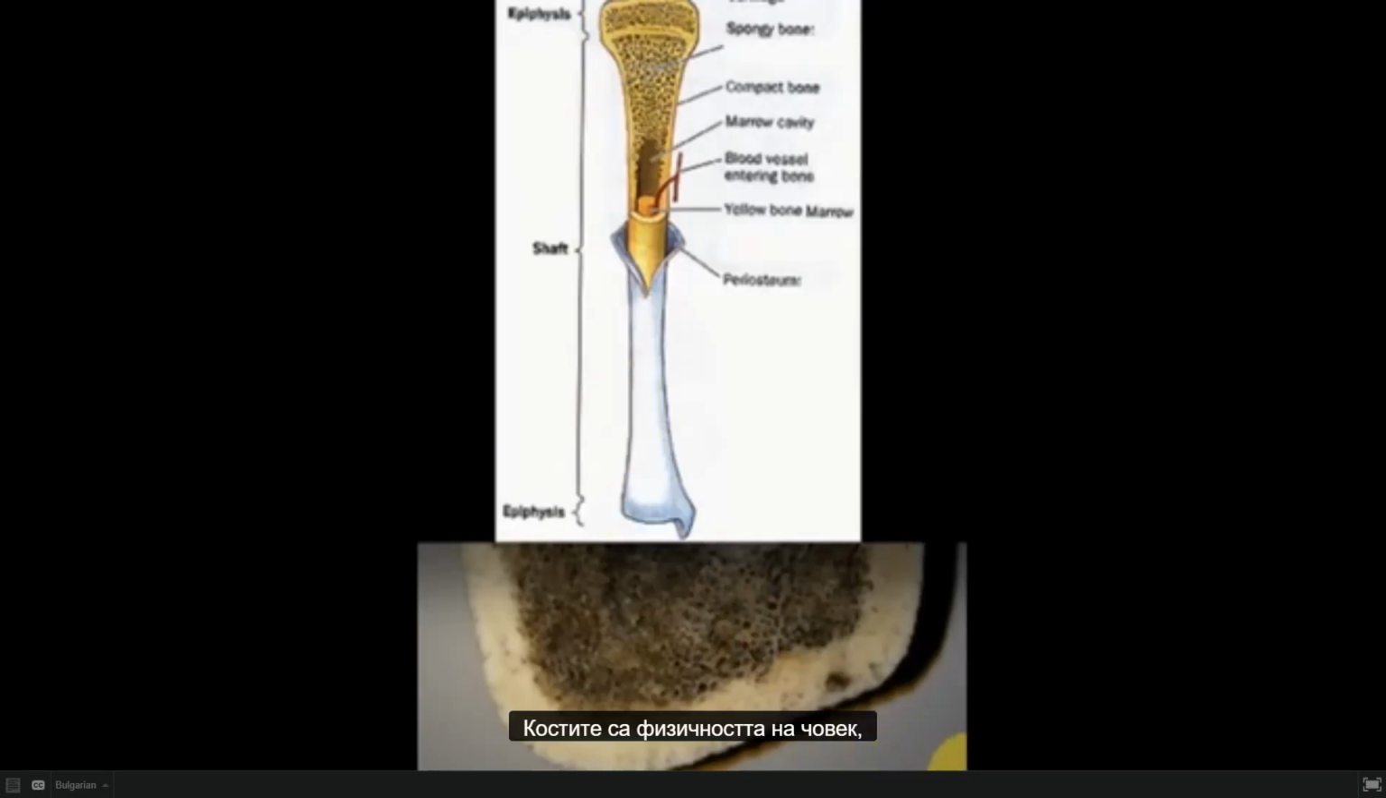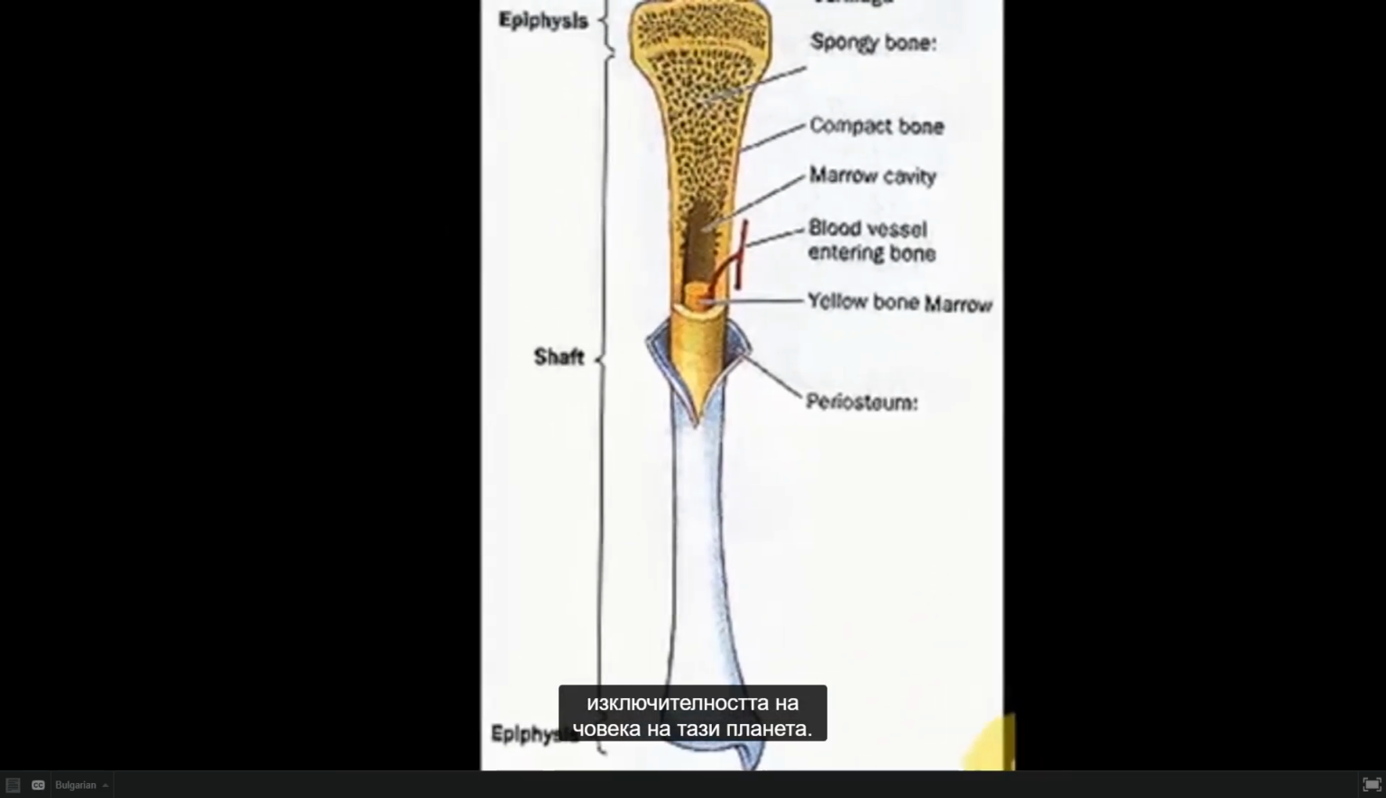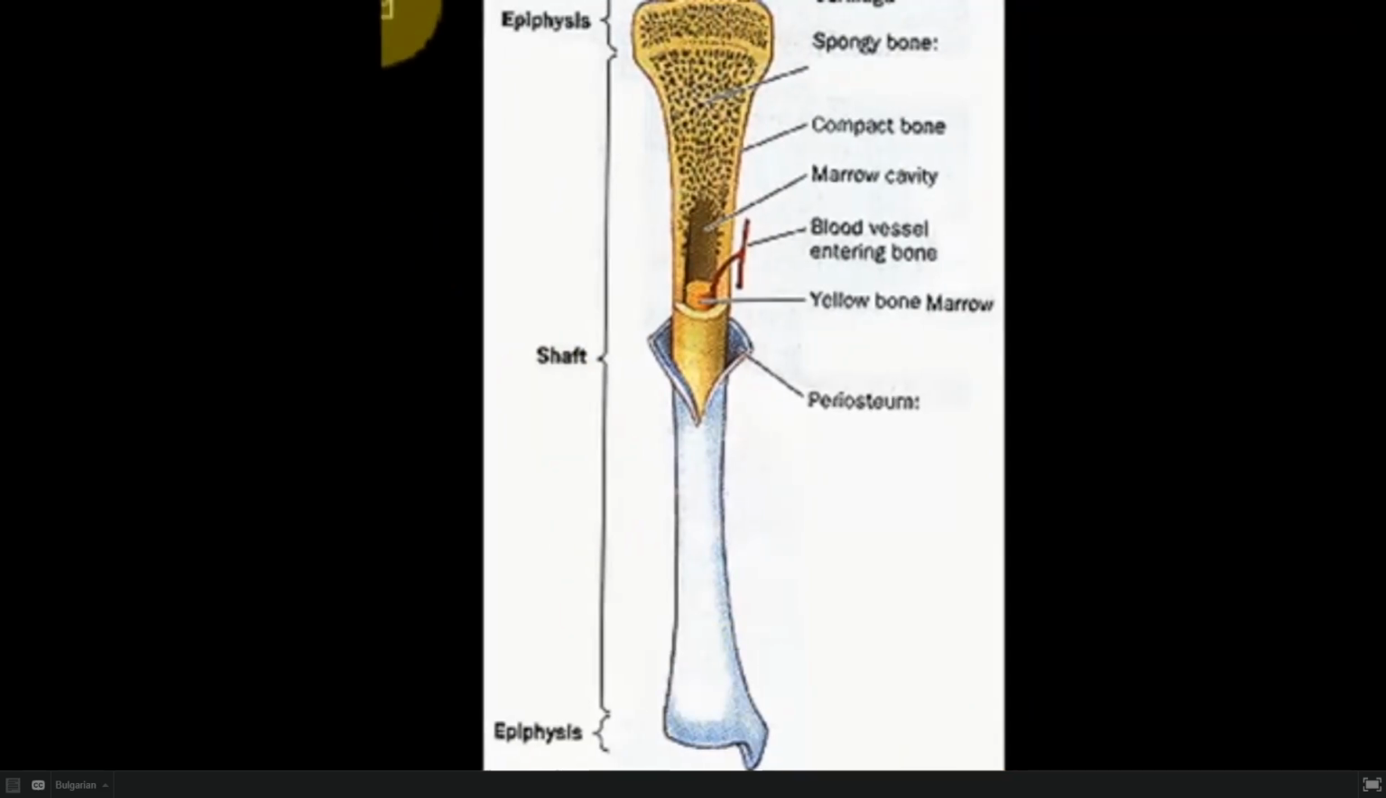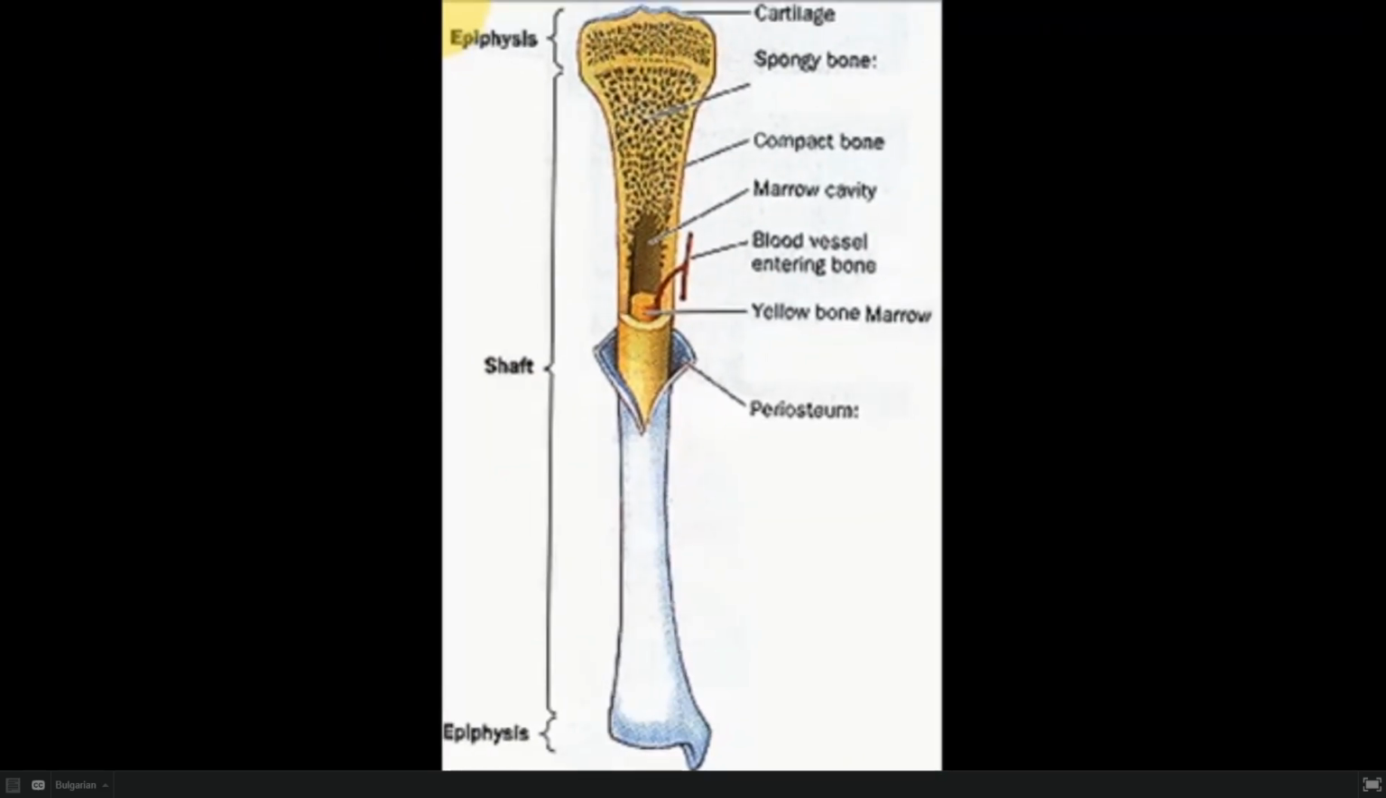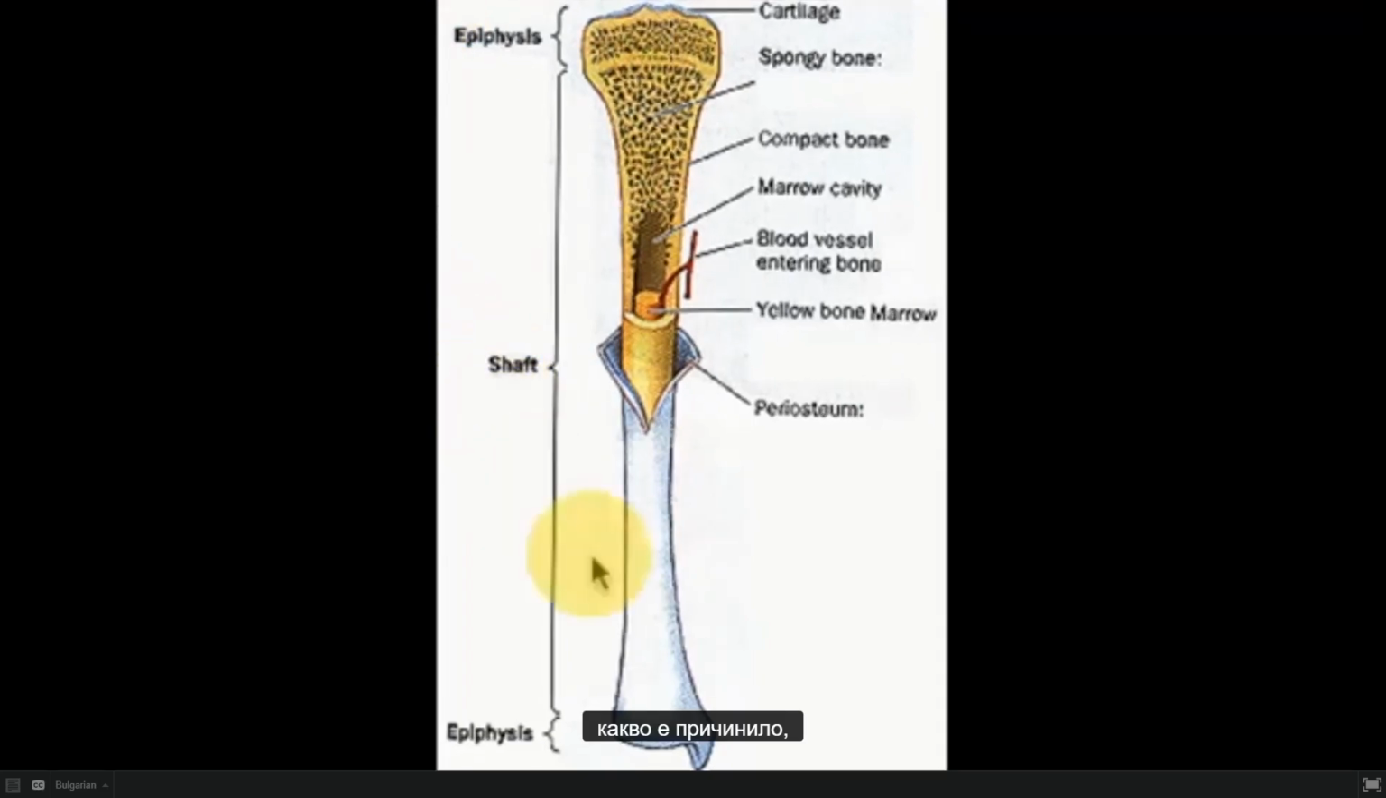Bone is the physicality of the man, it's the exclusivity of the man on this planet. So what has led, what has caused, what has generated the production of the bone, the calcium? Where does the information come in for lymph, which is within the womb of the mother in a different form, in the blood form,